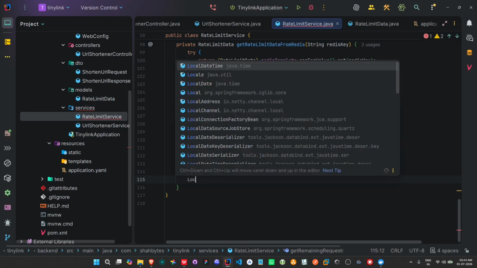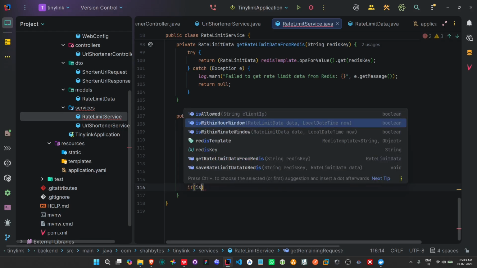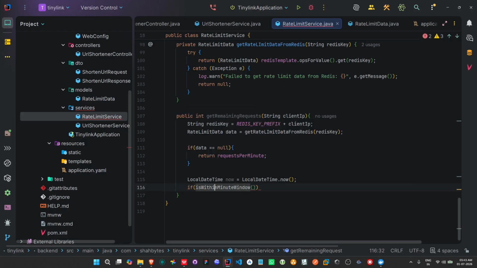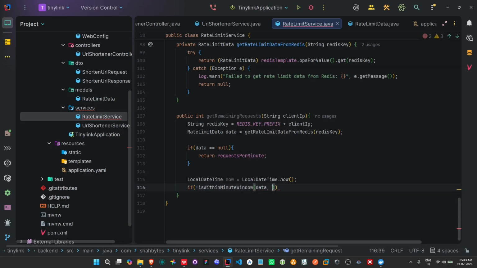So let's get the current date time, LocalDateTime.now, like this, because it will be a new window. So if it is a new window like this, pass in data and now, like this, then just return requests per minute,